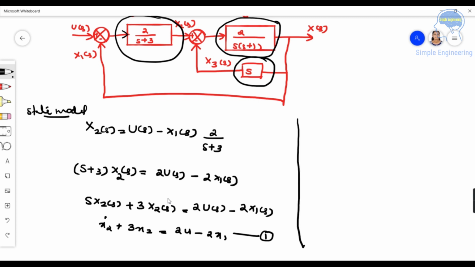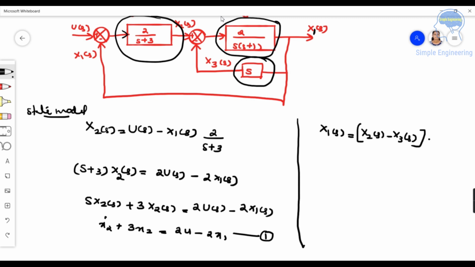Next, if you consider this block, the output is x1 of s. So x1 of s is the input here, and that same x1 of s is coming over here also. So x1 of s is equal to, considering this block, we have here x2 of s and here x3 of s is coming with a minus sign. So we have x1 of s is equal to x2 of s minus x3 of s